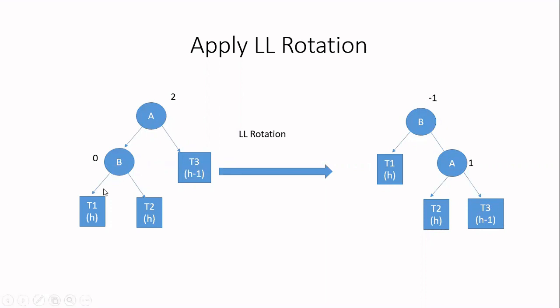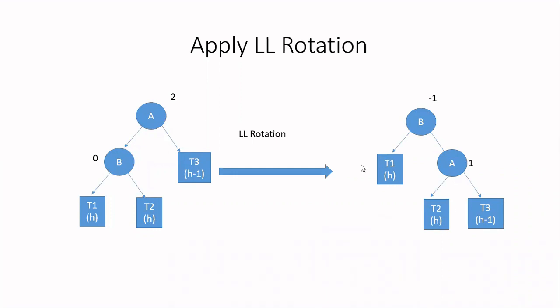Now you can see here, B has two subtrees. One is T1 and the other is T2. T1 is present as the left subtree. That will be attached to the left subtree of B after moving also. But if you consider the right subtree, after you rotate, B has A as its right subtree. Therefore, you cannot connect T2 to the right child of B. So where do you have to connect this T2? It should be connected to this node A because you have pulled A down. Previously, B was the left child of A, but after you pull down, it will not have any left child. So this T2 can be connected to A as a left child.